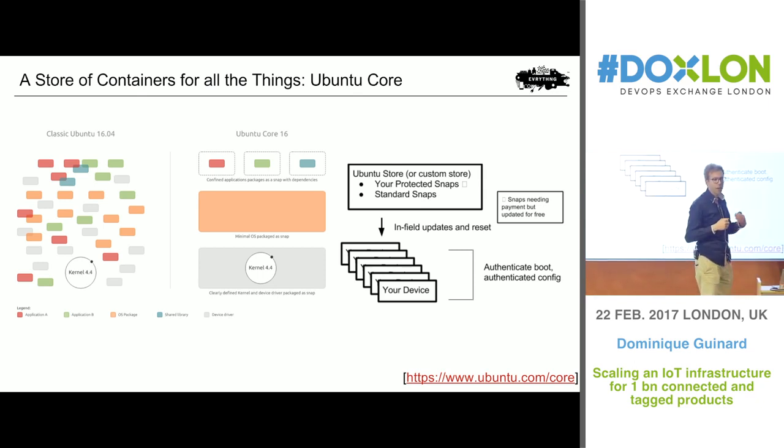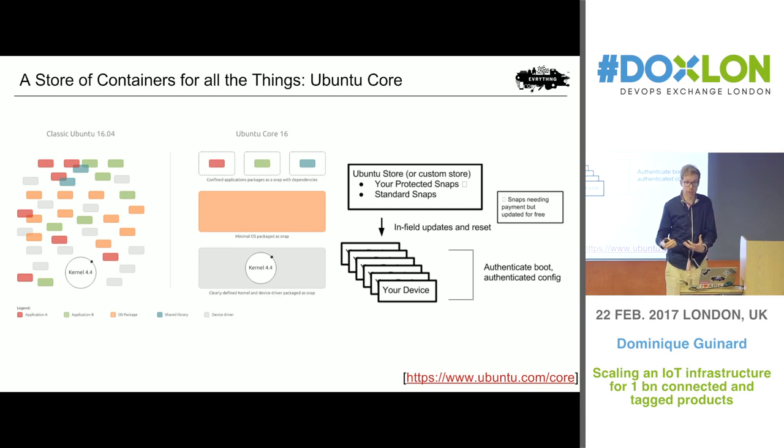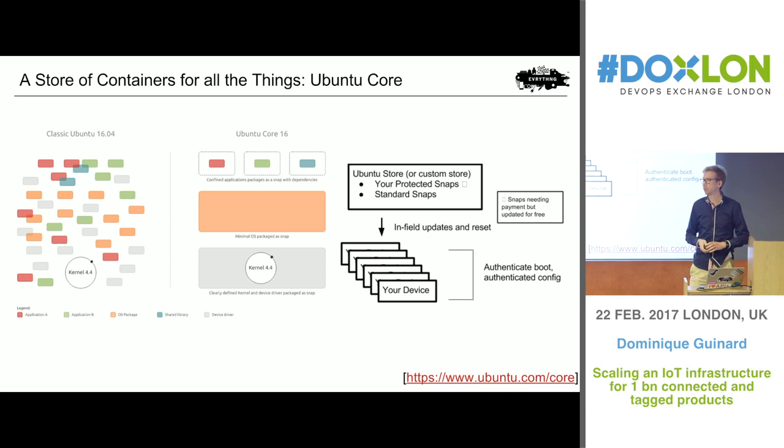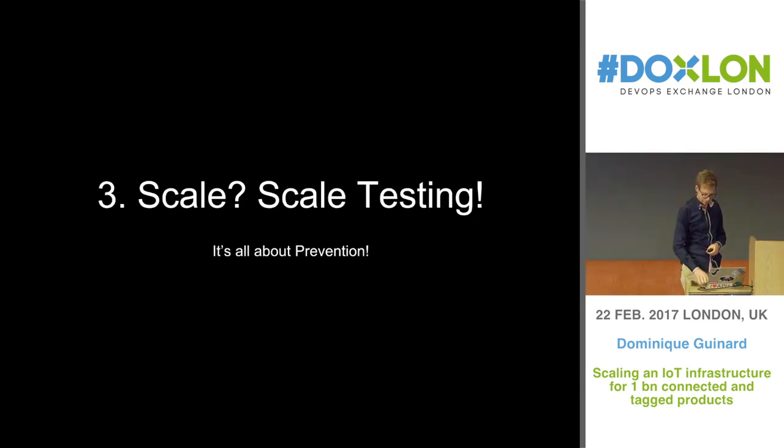So you also have the notion of an app store, so you can deploy, even on an embedded device, an app store, and this app store can load several different bits of code. You might be wondering, why would you do that? Imagine a lift. You can push new services to the lift, right? Like a VIP service. Whenever I swipe my NFC badge, there is a VIP service that was downloaded by the lift that lets me access my floor faster. So these things that you didn't imagine in the first place, with a solution like this, you can start deploying them to the physical world, and that I find fascinating.